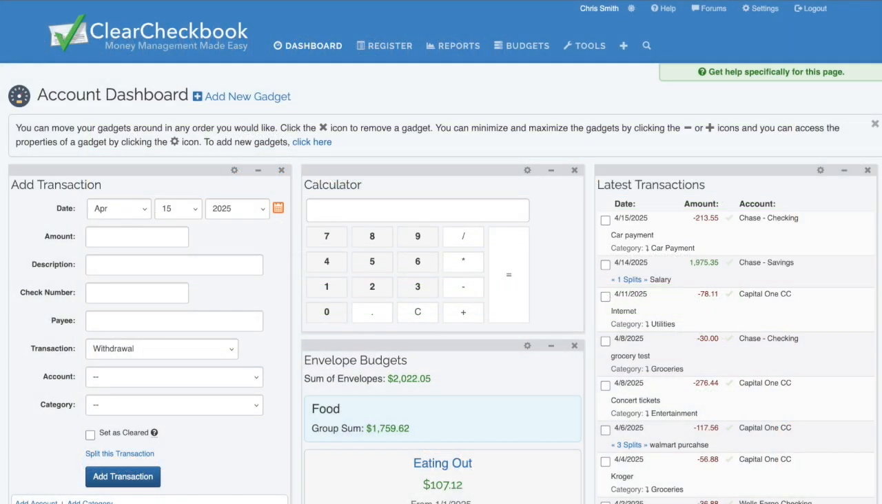ClearCheckbook is an application that helps you manage your finances online. Is your net worth report telling the whole story? Big items like your home or vehicles are crucial pieces of your financial puzzle. That's exactly what our Asset Manager tool helps you track. In this video, I'll show you how to easily log these valuable assets, ensuring your net worth calculation is complete